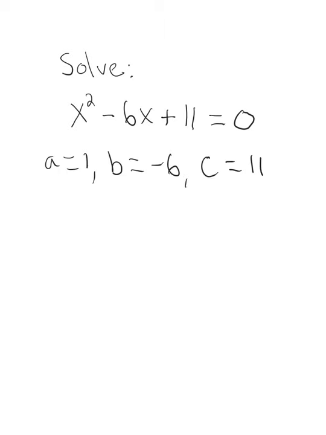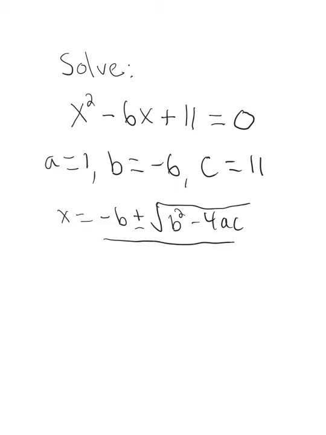Let us write down the quadratic formula. It is x equals -b plus or minus the square root of b squared minus 4ac all over 2a. Filling in for a, b, and c, we have